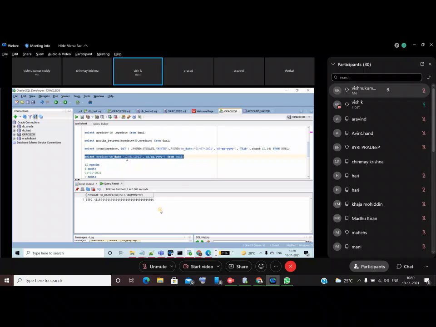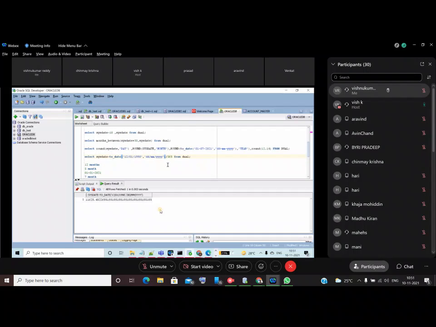Suppose I want to calculate my date of birth. Date of birth means sysdate minus your date. Suppose your date of birth is, let's say, 1996, let's say 1995, let's say 1990. So I want to calculate how many days since my date of birth. In that case, you can use the sysdate minus this date. So you get 11,625 days. Okay. And if you want to calculate it as years, divide by 365.